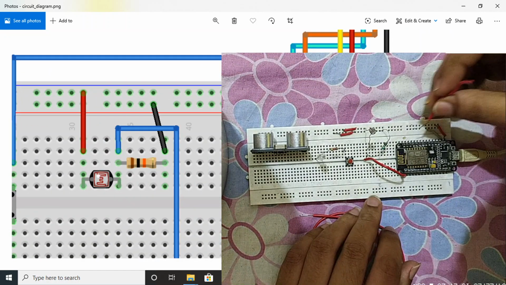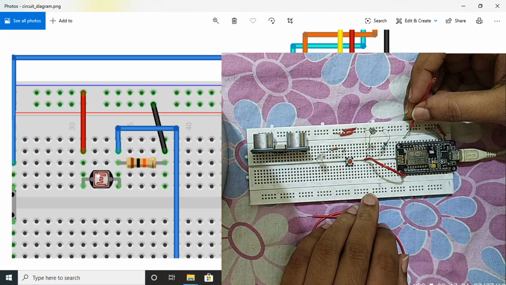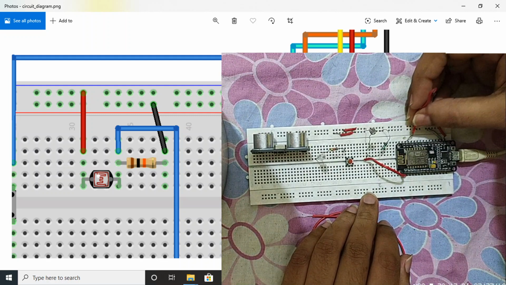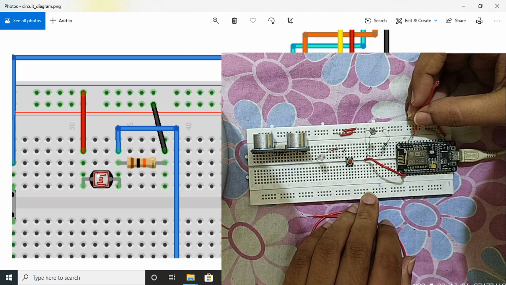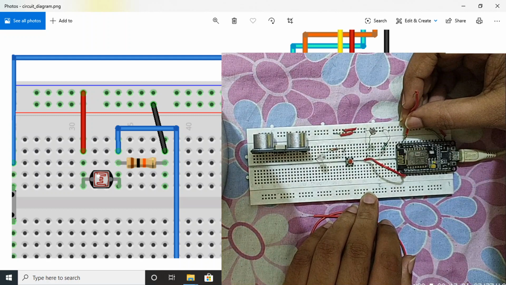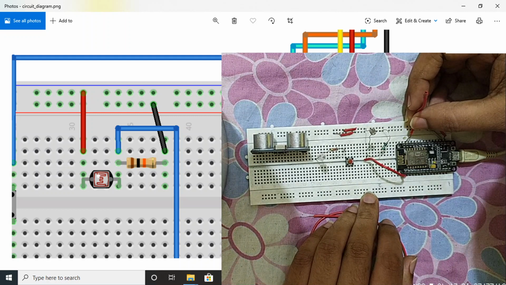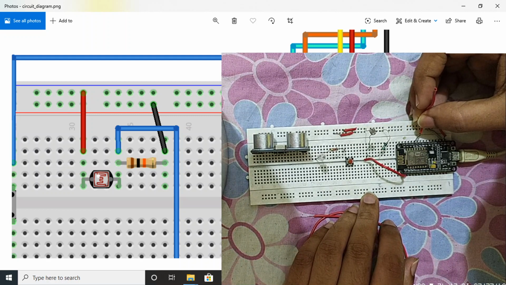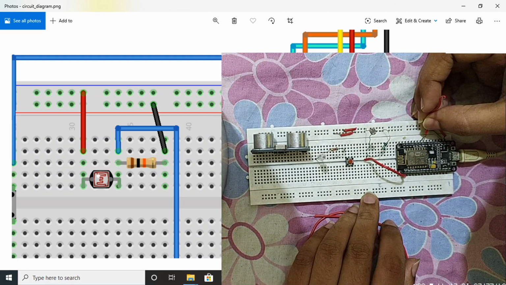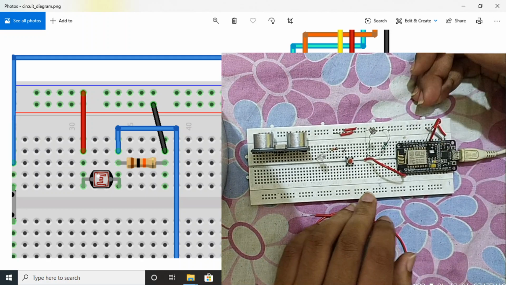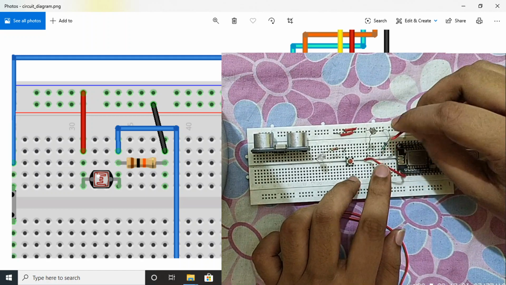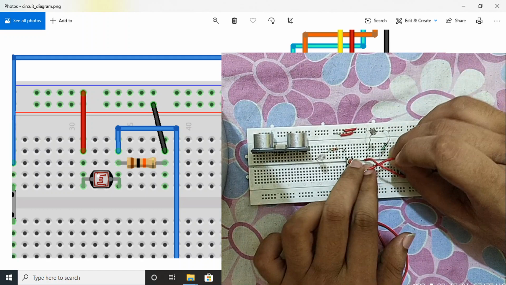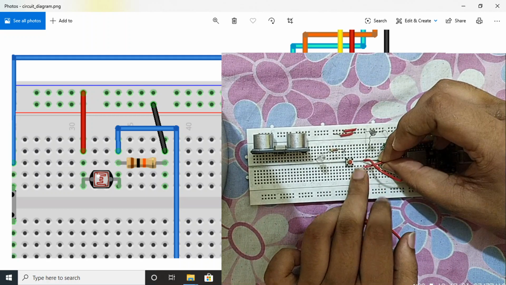So this is D7, and connect one end of it.